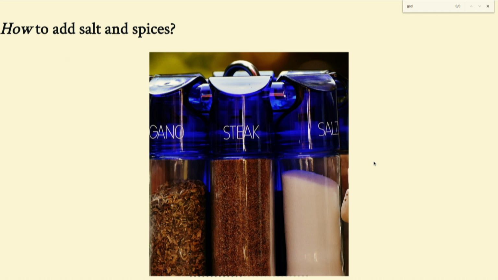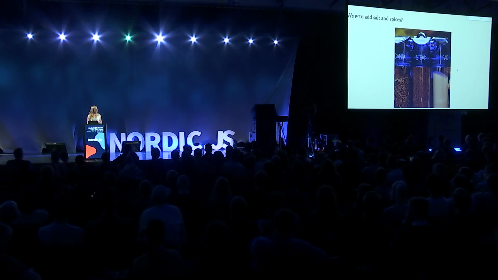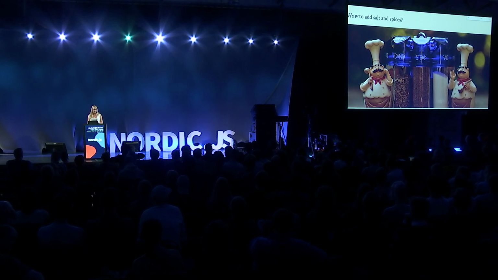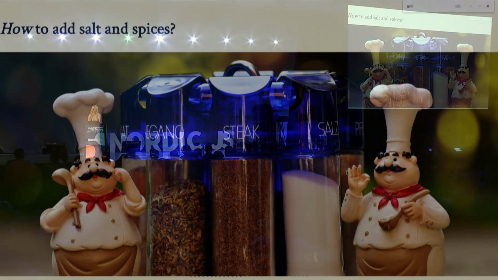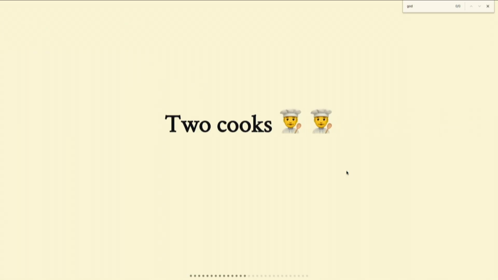Okay, so now we understand that animation can add value to visualizations, which is great, but it would also probably be helpful to know how to implement this. And this is where our two chefs come in. So have you ever heard the saying that you can't have too many cooks in the kitchen? Well, it's an American saying, but I think it makes sense globally, right?